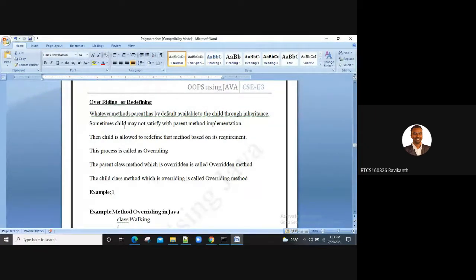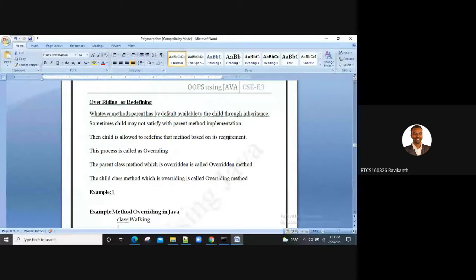Now what happened? The child is not satisfied, maybe with some feature, maybe property or land or some other thing. So in this case, how do I resolve this problem? One option is that the child is not allowed to redefine the method.